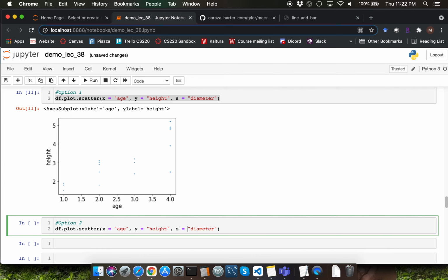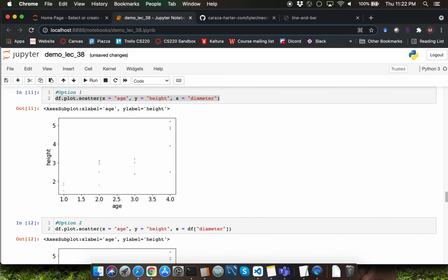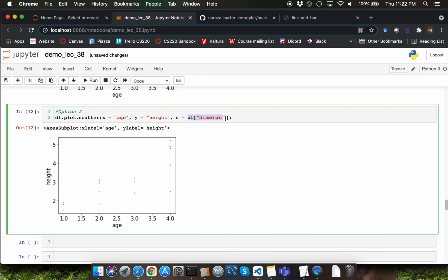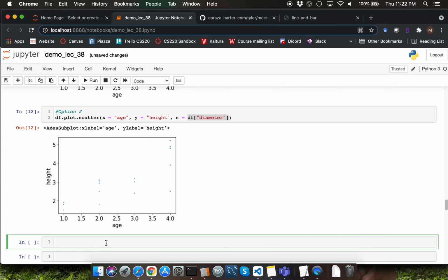from the data frame. Recall that the syntax for that is to specify data frame variable name, which is df, and then open square bracket. Within that you're going to specify the column index, which is diameter, and close square bracket over here. That's going to produce the exact same plot as before. The only advantage with using a series extraction for this particular argument is going to be that you can manipulate